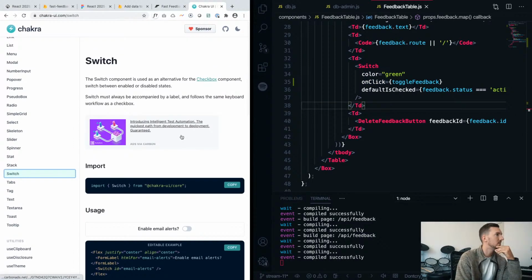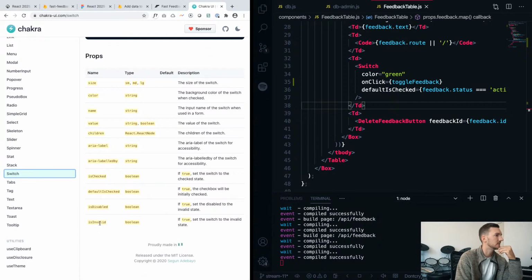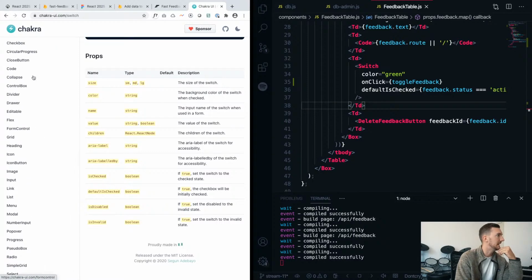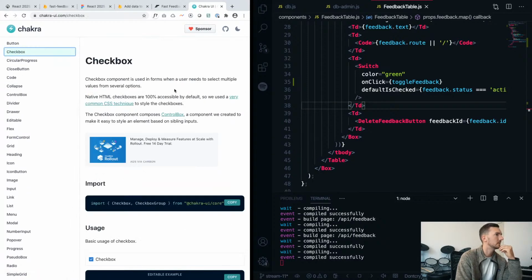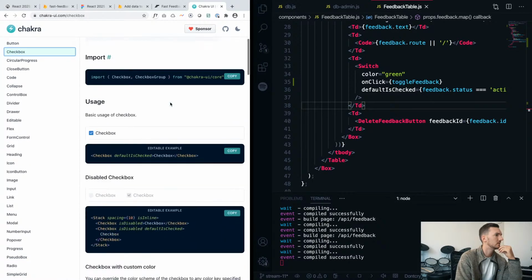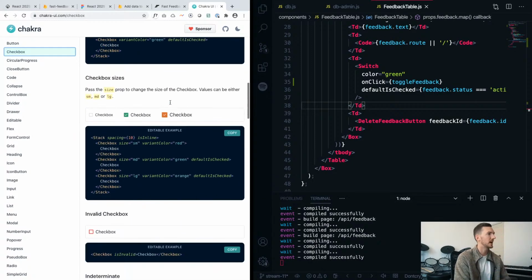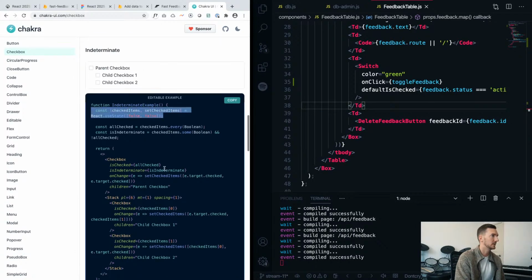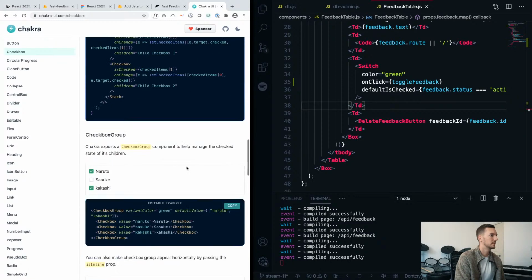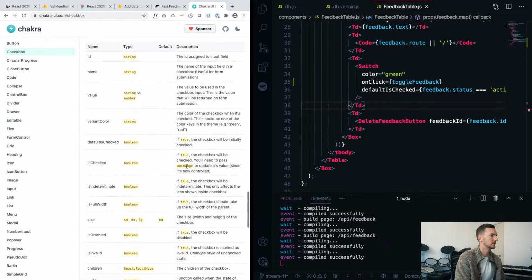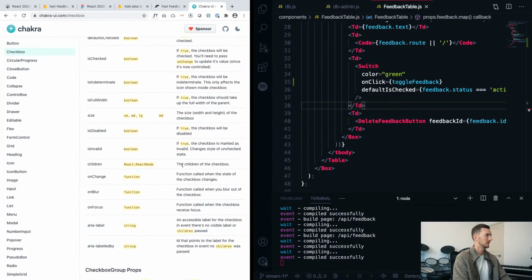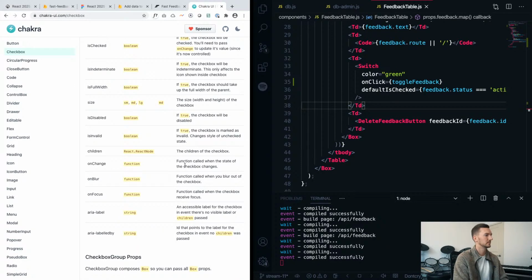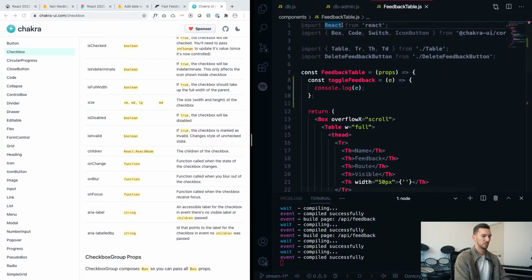Based on the docs, it looks like we might need to do a controlled component. Or we have to wrap it in a form. Because right here we're doing a controlled component. Let's go with the controlled component. So I'm going to pull in React state, and we will say,